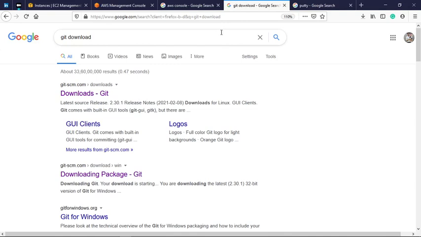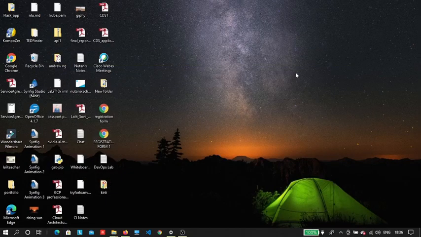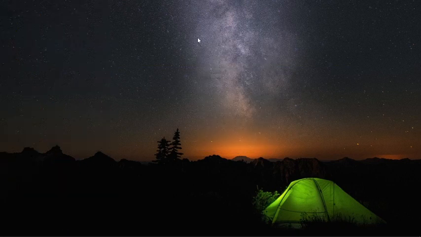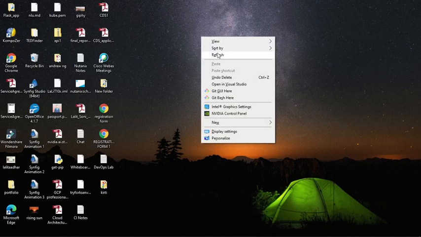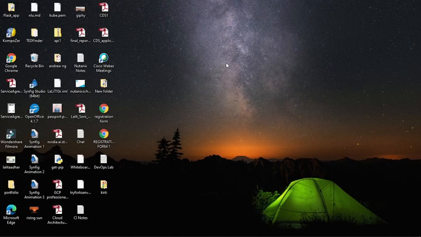First of all we will download Git, and then I will show you why we have downloaded it. Once we download Git on our operating system, when you right click on your desktop, you will see there is Git GUI here, Git Bash is here. We will deal with Git Bash only to connect to our virtual machine. Make sure, guys, when you are trying to connect to your virtual machine from your desktop, that your key is there.